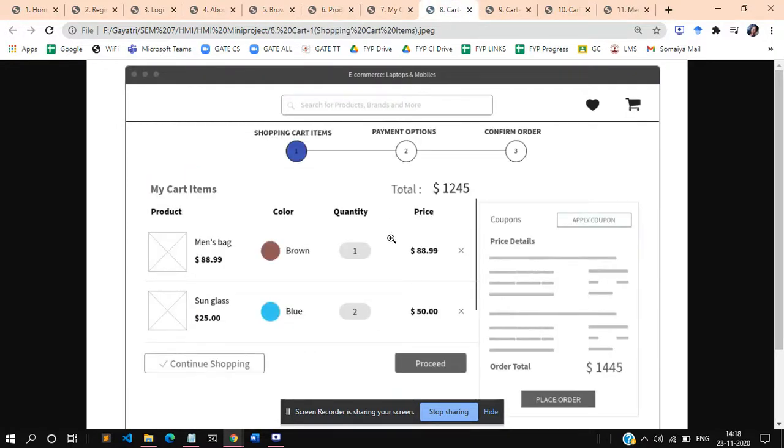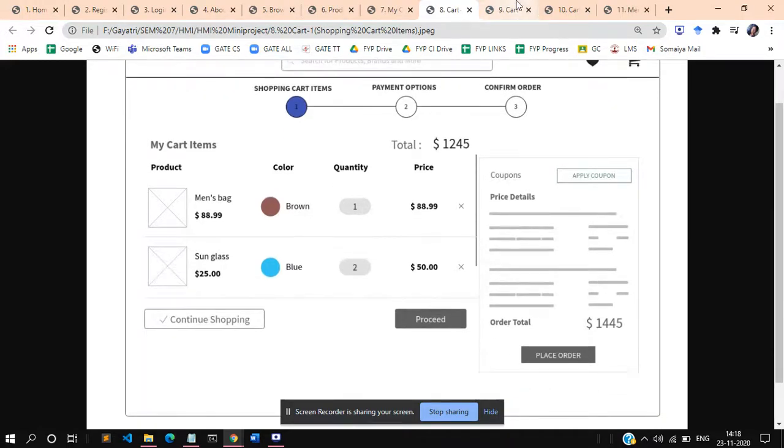Next, moving on to the cart. So there are three stages for this. First will be shopping cart items, where you can see the cart and verify, and then payment options, and finally confirm order. So here for shopping cart items, the cart displays all the products that have been added by the user. The page displays a stepwise and labeled navigation as we can see over here for the checkout stage. In the first stage, the user can view the cart details, the cart total, or remove the products and then proceed to the next stage.